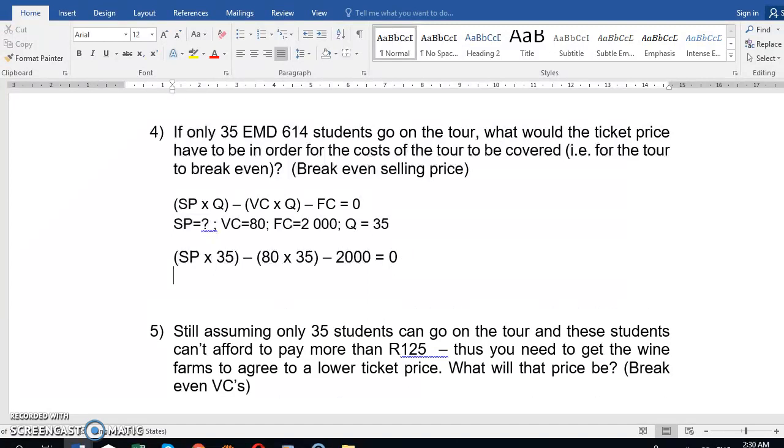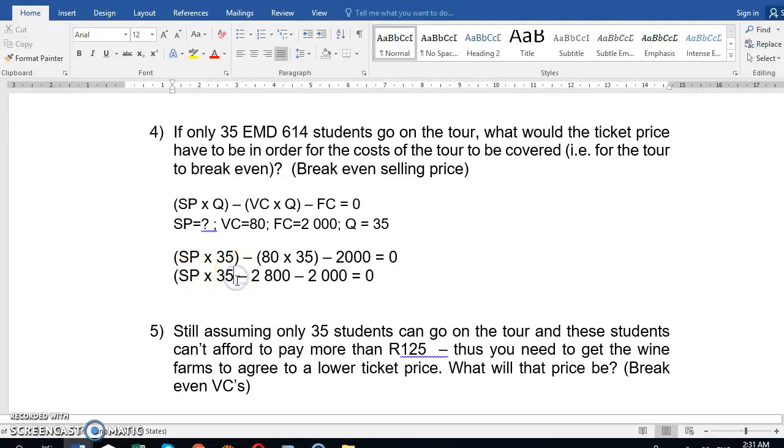So effectively you have selling price times 35 minus this bracket comes to 2800, minus 2000 equals 0. Now remember, this is still BODMAS, so brackets you have to treat separately. So this bracket stays selling price times 35, and that minus 2800, and that minus 2000 becomes 4800, and if you take it over to the other side, effectively you are left with